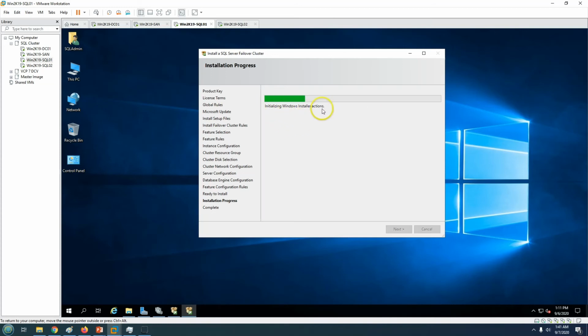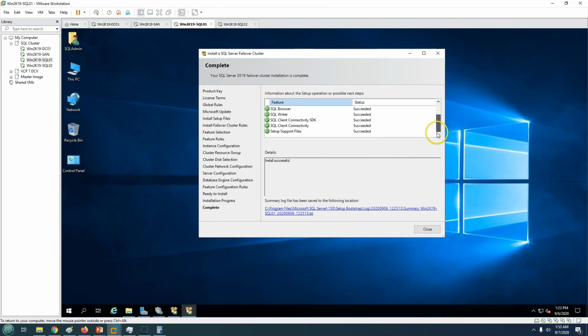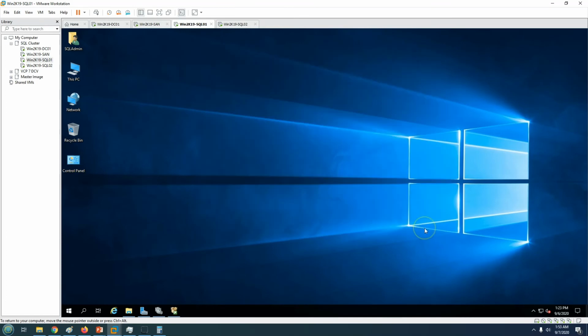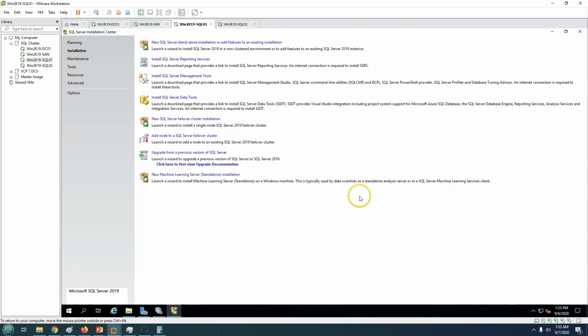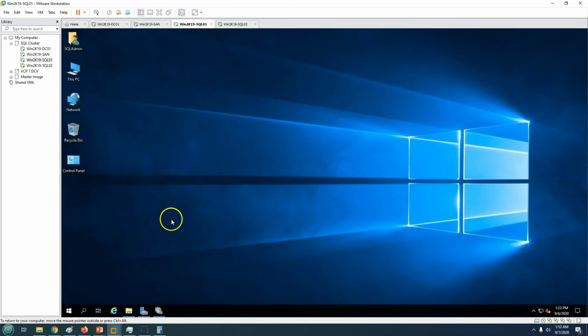So now you can see it's started. I'm going to pause the recording while this installation is going on, and I will resume once the installation is done. So now you can see the installation has succeeded, so everything looks good. Just go ahead and click on close, and now you can close the setup also, which is running on this